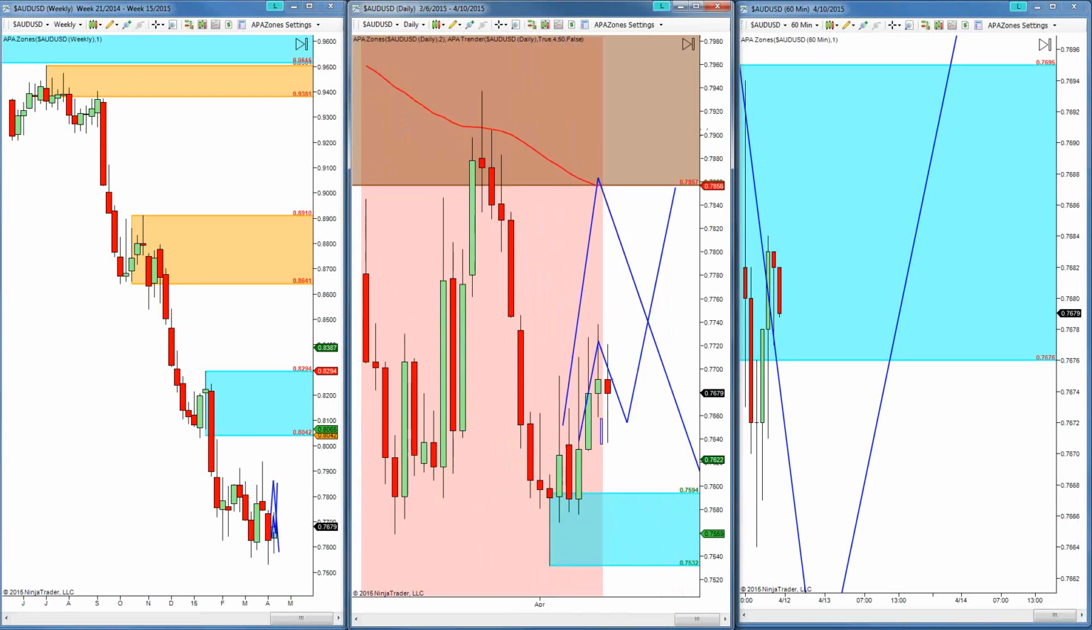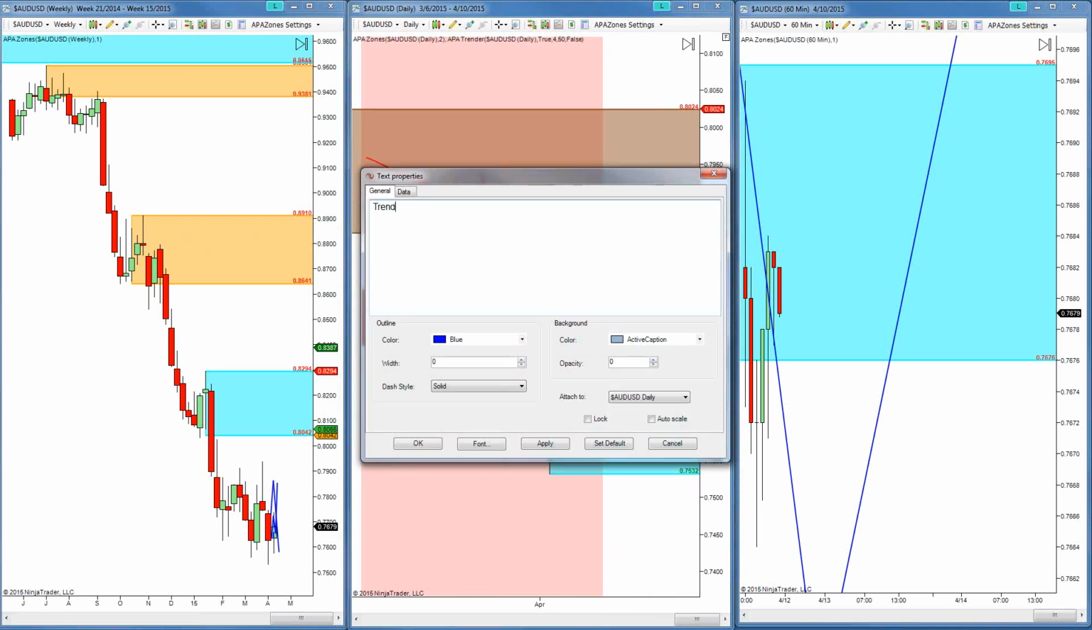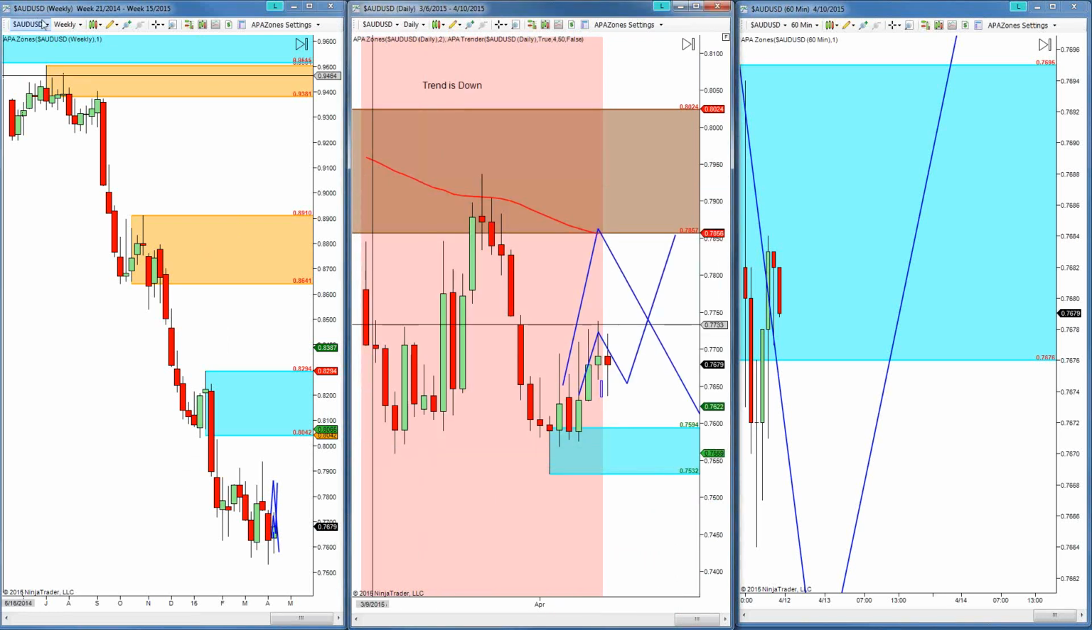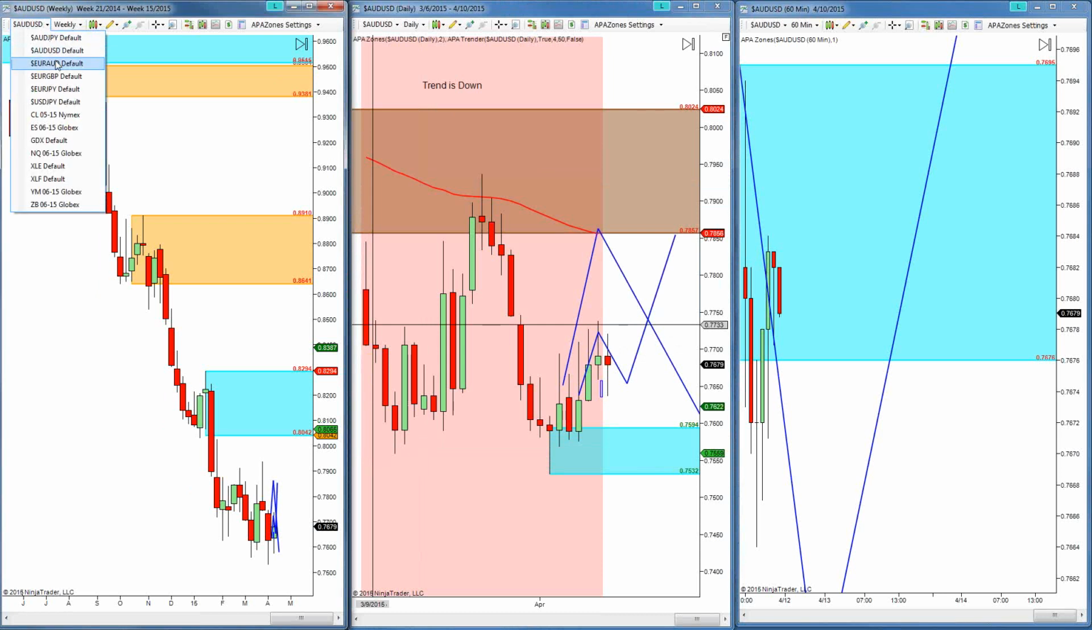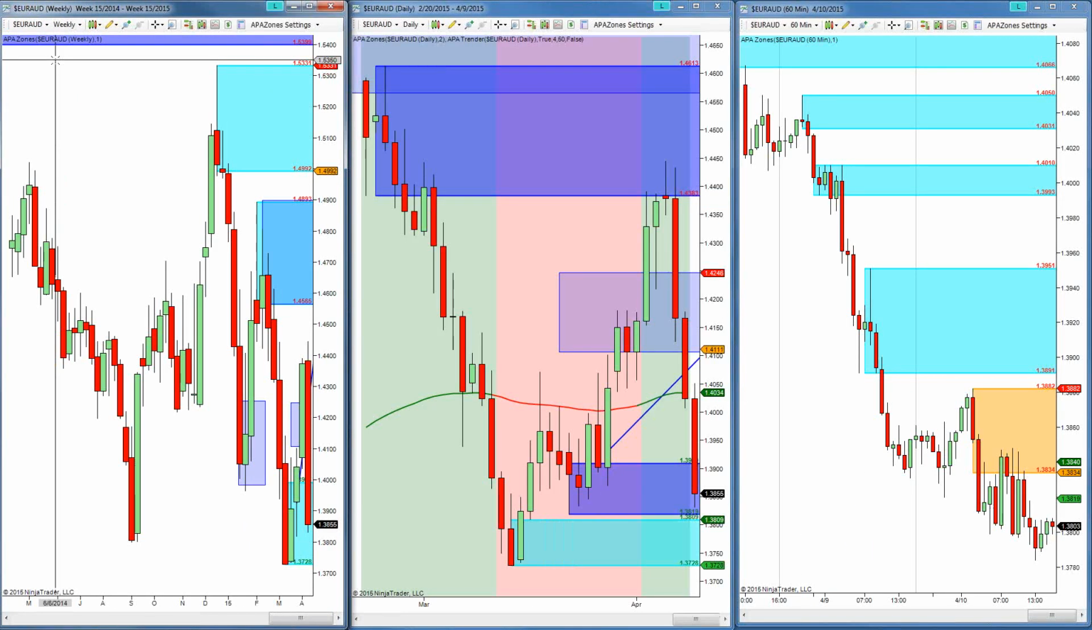But we are looking for a little bit deeper of a retracement before it continues down. But the trend is still definitely down. Moving right along, let's go over to the Euro Aussie,